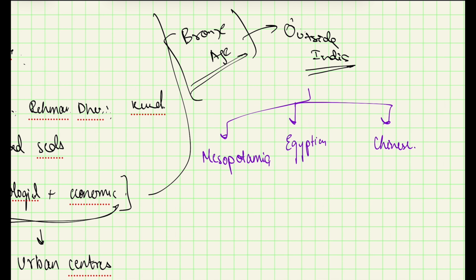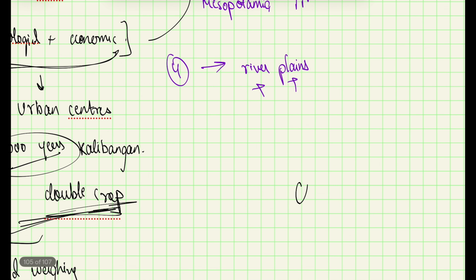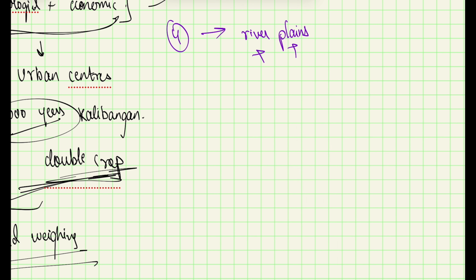And another important thing you have to learn is that there were basically four early world civilizations which had emerged near the river plains. So they had proper fertile land as well as a proper irrigation system, and that is where proper civilizations started to build up. So when you see about them, we can note that we have also seen about the Sindhu Saraswati rivers, which had given rise to the Harappan civilization.